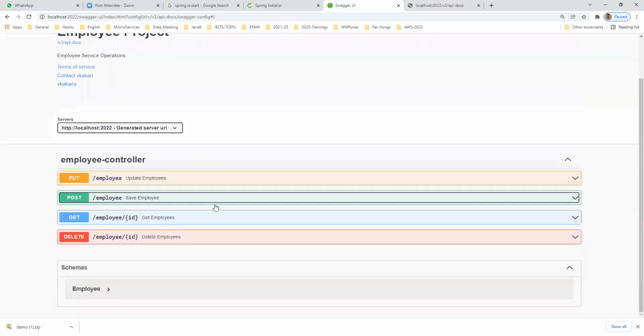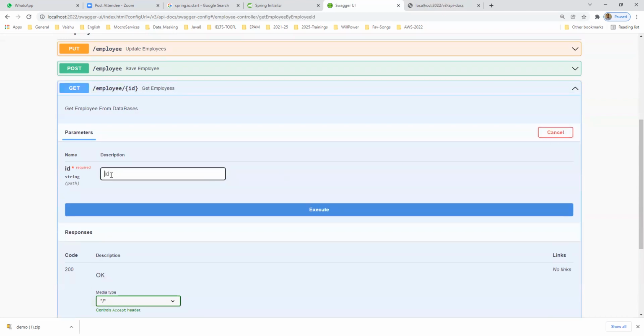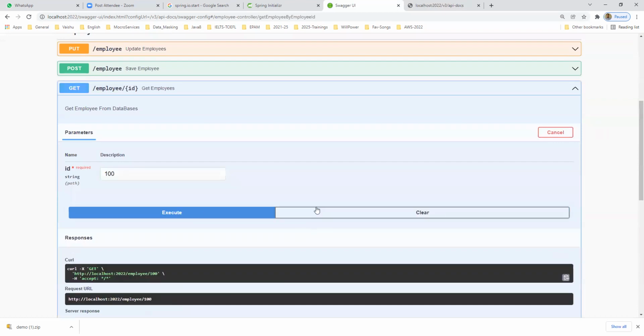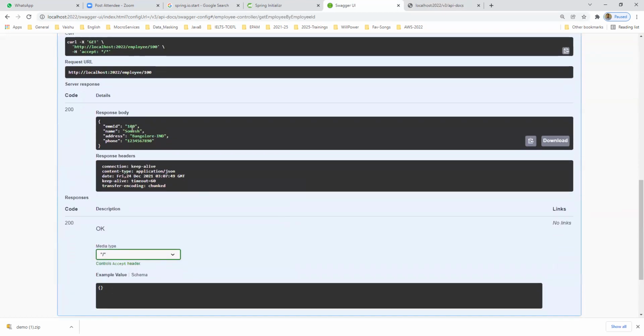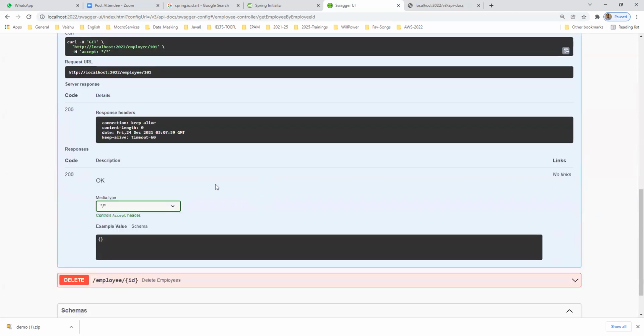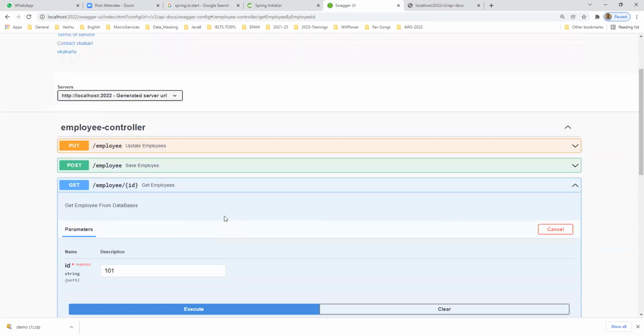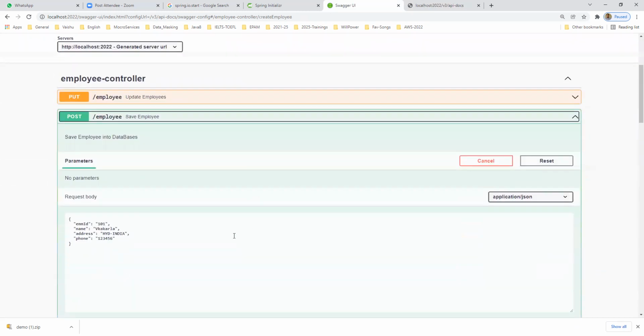So in our map, it is adding the second element. Now two elements are there, one is 100 and one is 101. So let me take the 101 first. I am executing. So we are getting 100, the first object, this is what we have in the map, right? I am adding 101 here. The recent object I need to get. What did we give here? 101.